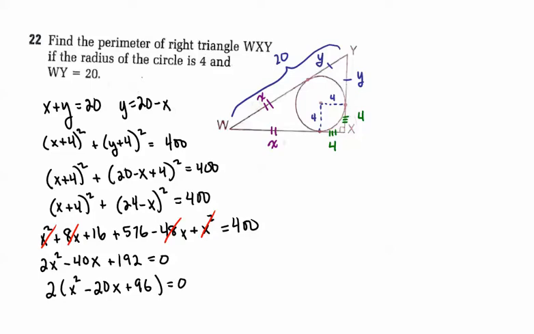So we're looking for pairs of numbers that multiply to give positive 96 and add to give negative 20. So we'll do that over on the side. That would be 1 times 96, 2 times 48, 3 times